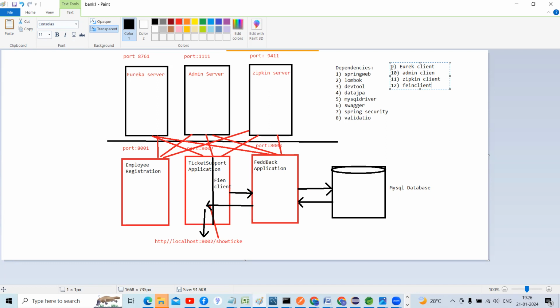So now I'm going to create it, guys. This is the dependency you need to use and implement, the same as in the previous application except Feign client. So I'm going to implement Feign client, guys. So for that, I'm going to use Eureka client, Admin client, Zipkin client, and Feign client, and